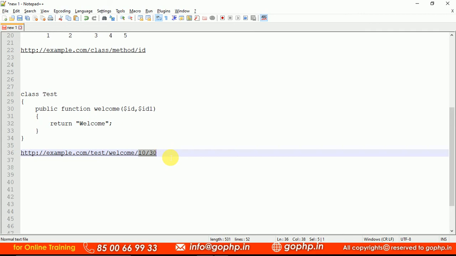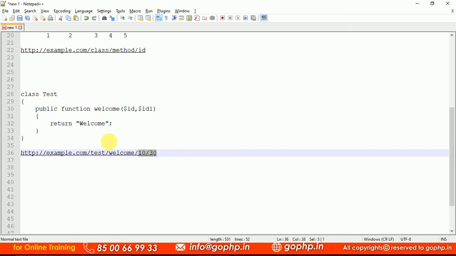We have a powerful concept in CodeIgniter, the routing concept. Whatever controller you are going to create later, we can hide the name of the controller and route them. By using the routing concept, we can give different names to your controllers while accessing. We can also generate search engine friendly URLs by using the routing concept, guys, right? This is exactly what CodeIgniter URLs are.